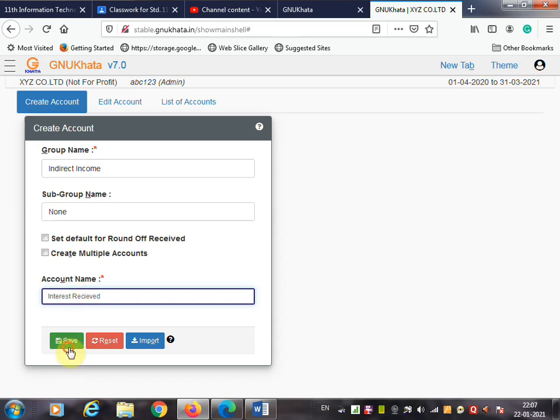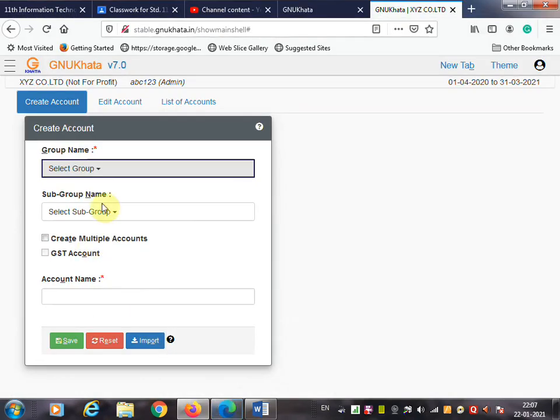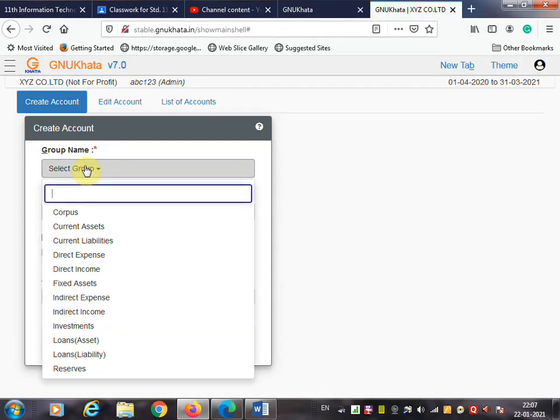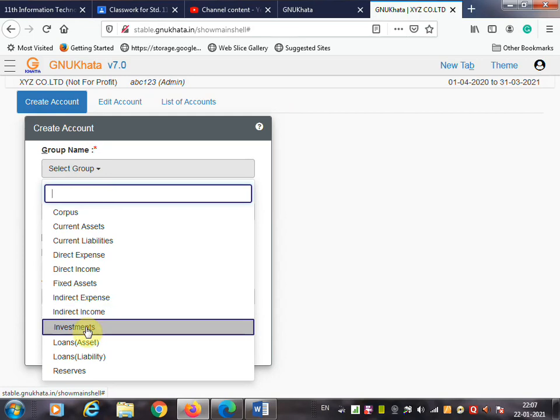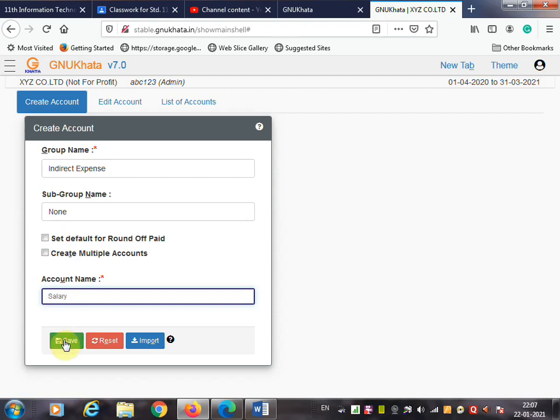And click on save. Next, salary ledger account. That is indirect expenses. So select here indirect expenses group and enter the salary ledger account and click on save.